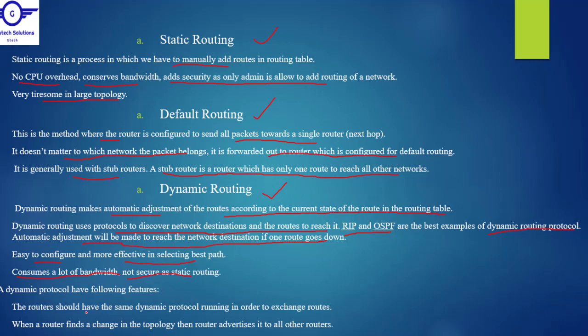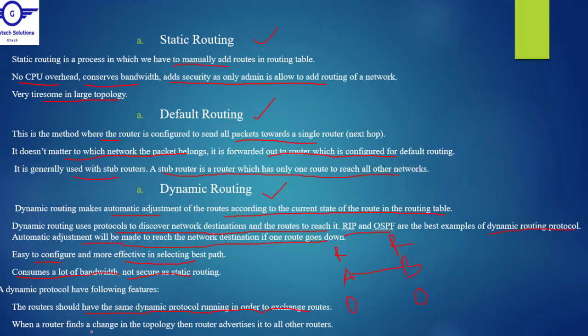The routers should have the same dynamic protocol running in order to exchange routes. Okay, for example, when we configure a router A, let's say we have routers A and B, and they are connected. These two routers should have the same dynamic routing protocol in order to exchange routes. If it's RIP on this side, it should also be RIP on this side. If it is OSPF, it should also be OSPF on this side. Okay,